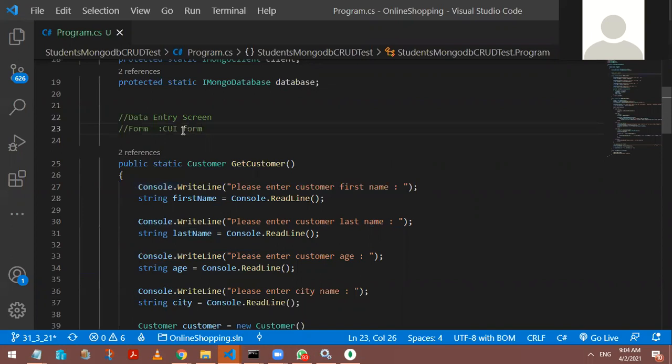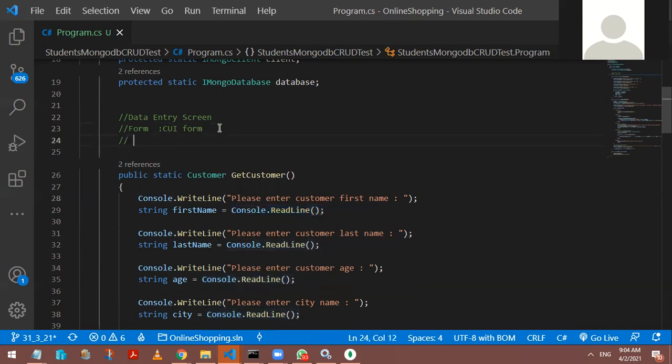So how do you accept data from the console? You can always accept data from the console by using Console.ReadLine. Console.WriteLine is used to write output on a screen. Console.ReadLine gets the data from the screen through the keyboard, and whatever data is going to come, store the data. So this particular form actually acts like an input output form. That is what I really call my user interface.